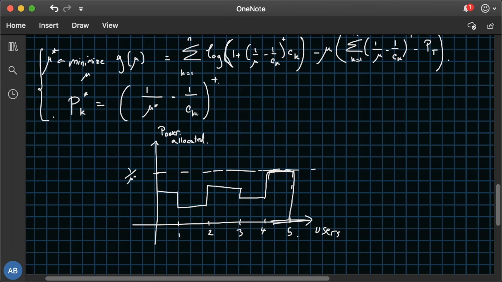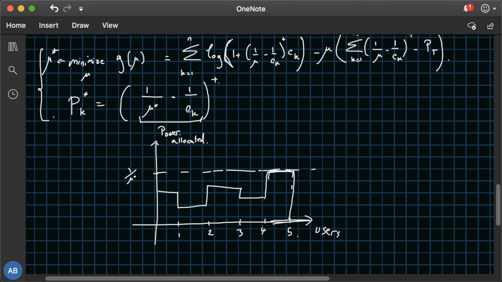So if this channel is very bad, 1 over 0 pops up to infinity, and hence any finite mu star that you choose will not yield this quantity to be positive. It's always negative. And hence, the max between this negative quantity and 0 is 0. So you will allocate 0 power to a channel